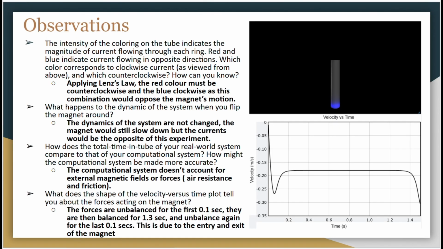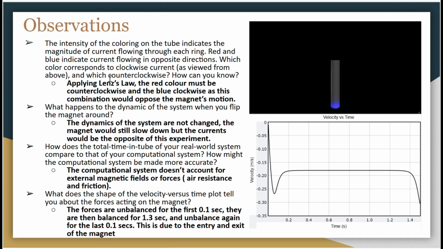Observations. The intensity of the color on the tube indicates the magnitude of current flowing through each ring. Red and blue indicate current flowing in opposite directions. Which color corresponds to clockwise current as viewed from above, and which counterclockwise? How can you know? This is how we're going to interpret our GlowScript computational model, okay? Applying Lenz's law, the red color must be counterclockwise and the blue clockwise, as this combination would